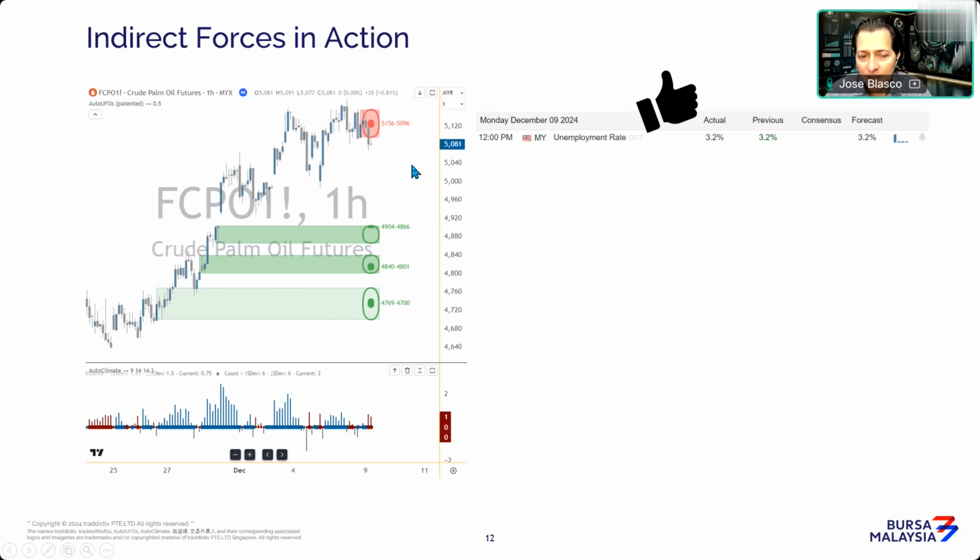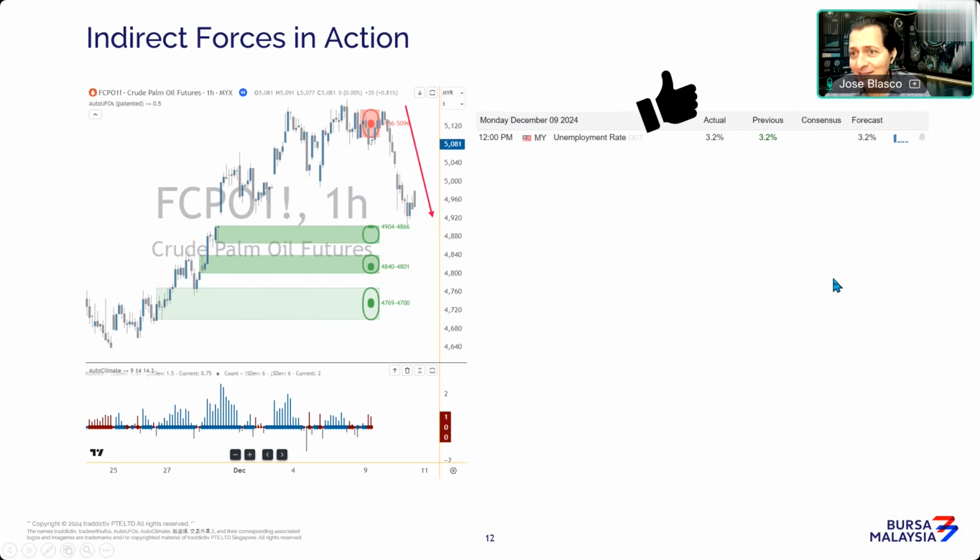And of course, the news is reported, many retail traders buy, just bringing the prices slightly higher, helping the institutions or the large market players to unload everything they wanted to unload after capitalizing on the move since a few days ago. And then, of course, when no buy orders are left, because the sell orders absorb all the buy orders from the retail participants, which are of a smaller size, next thing you know, market went down. So this, my friends, is order flow in action, and also indirect and direct forces in action.